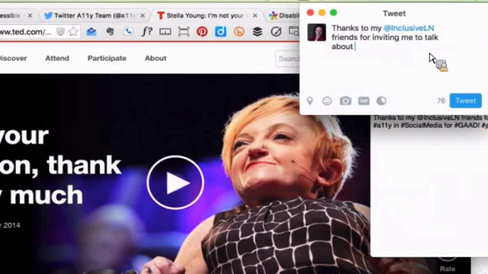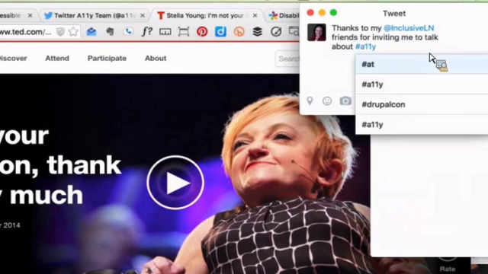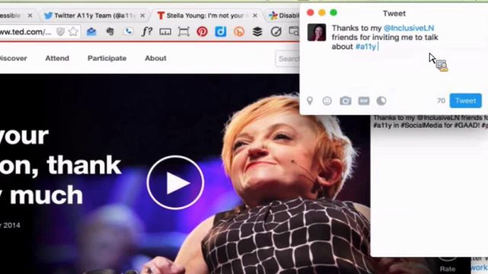And if you don't know, hashtag A11Y is the official hashtag for accessibility. I know we were talking about that before folks came in this evening. It's called A11Y because there are 11 characters between the A and the Y in the word accessibility. And this is a much shorter way of saying accessibility. There are some great resources in this hashtag, by the way. And again, the camel case,